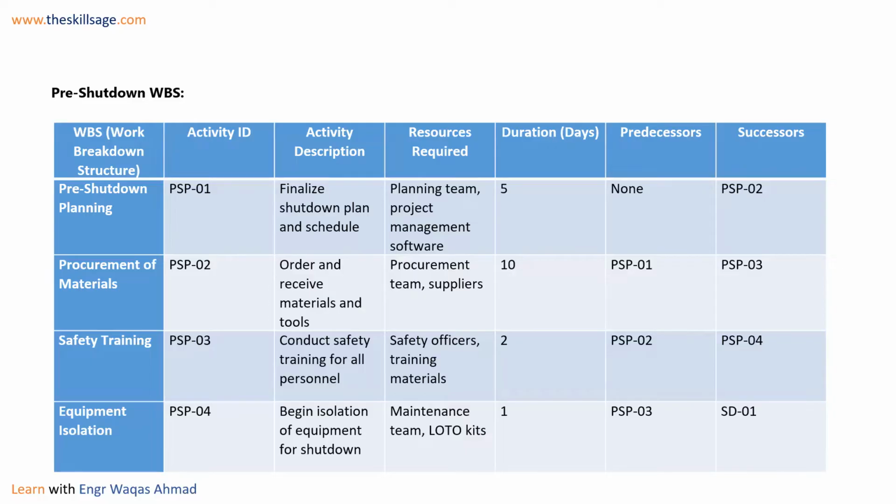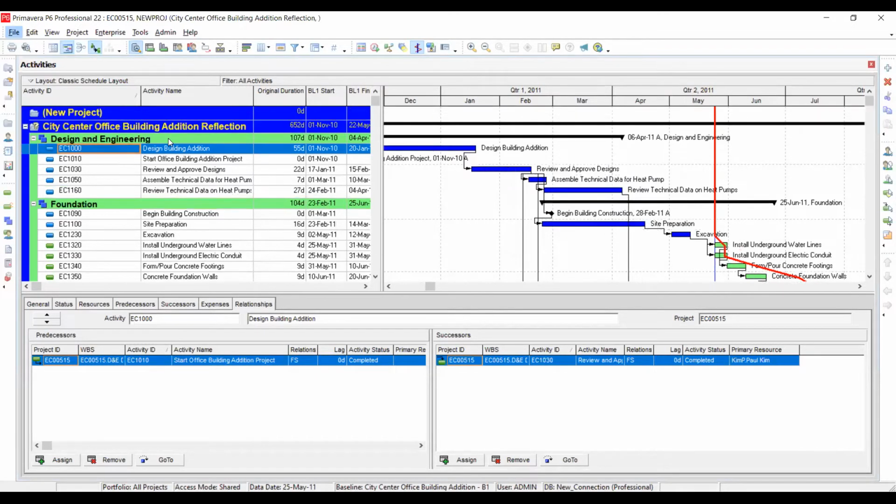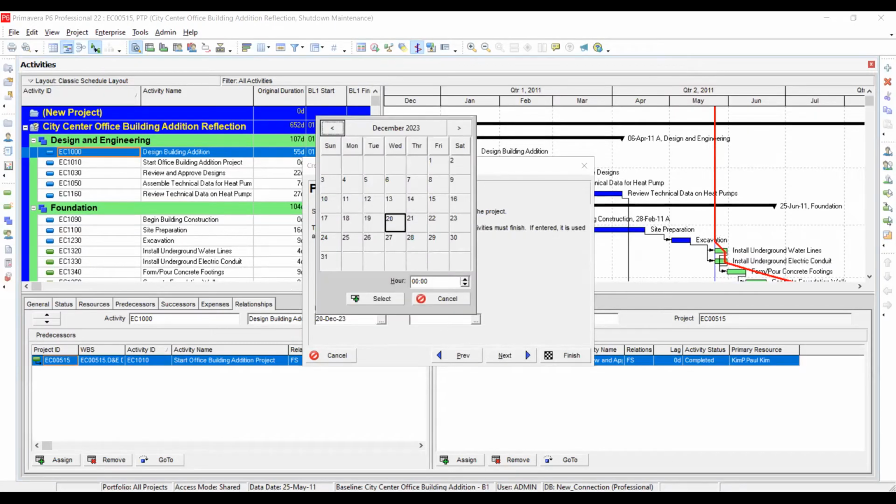I am going to share with you people Primavera P6 dashboard as well. तो here we are on Primavera P6. यहाँ पे हम एक नई फाइल सेटअप करते हैं, and here we are, same like in EPC planning we have done, and our EPS will be energy, and I'm going to click next, and we are production to production. Let's say you can call anything, shutdown, maintenance. Okay. Next, this shutdown is going to start from